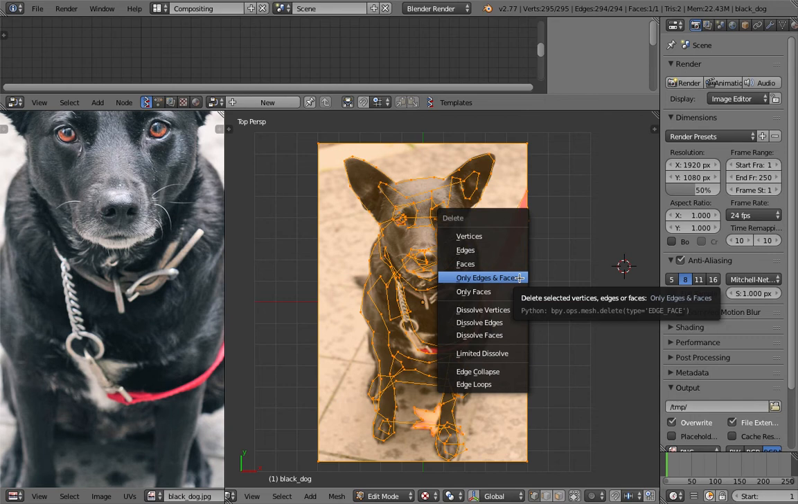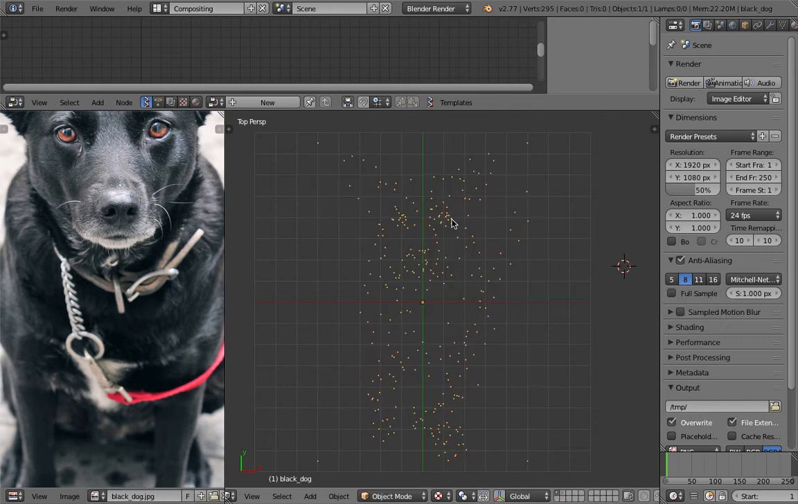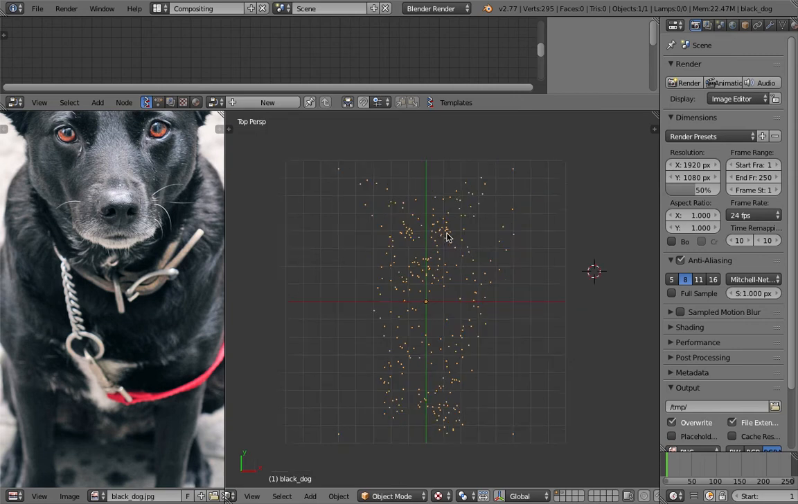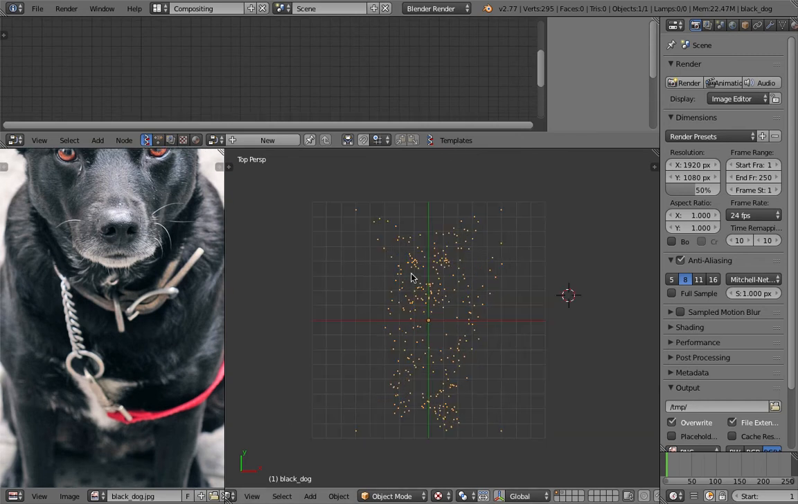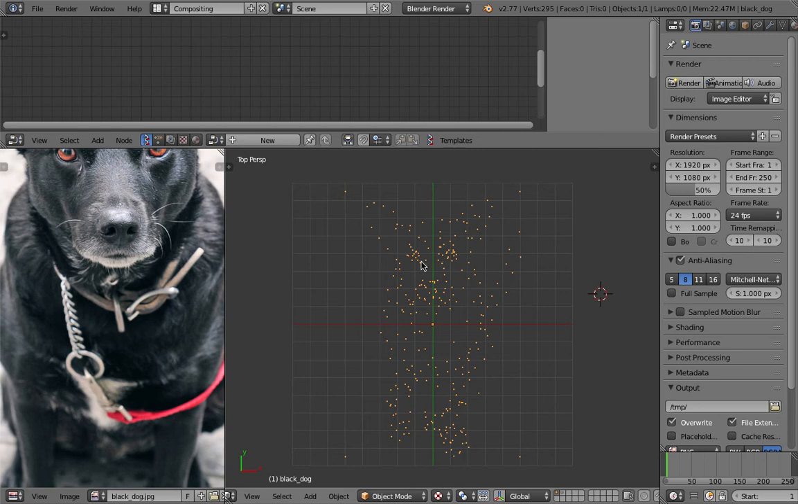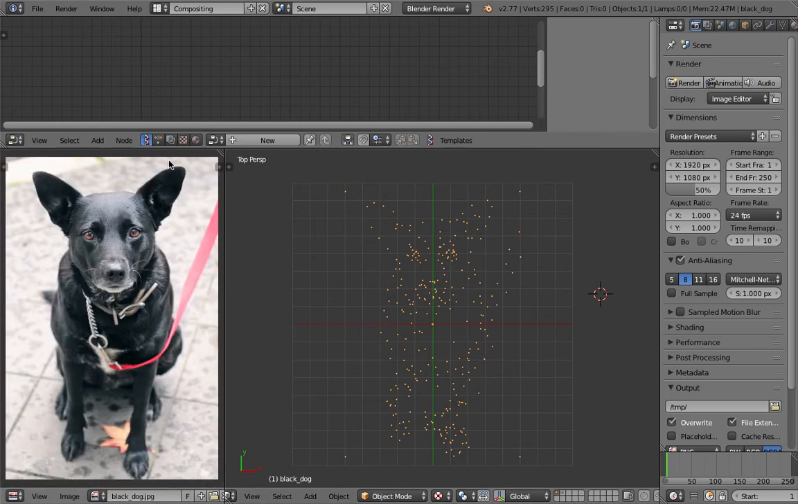I tap X and then delete only edges and faces, so we are left with just the points. Okay, I haven't done any UV mapping or anything. It's just these randomly scattered points for this doggy. Save, and then inside